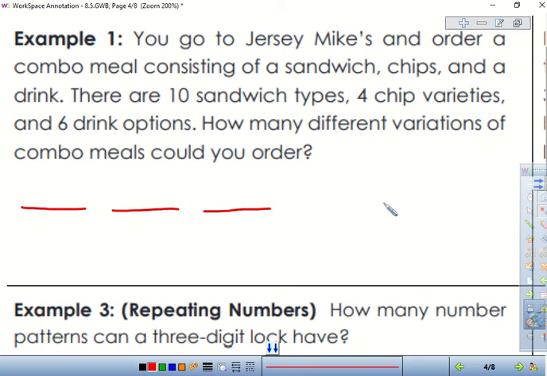So how many sandwich choices do you have? 10. Good. How many chip choices do you have? 4. Good. And how many drink choices? 6. So if we multiply these together, this will give us the total number of variations we have, right? So this will be 240